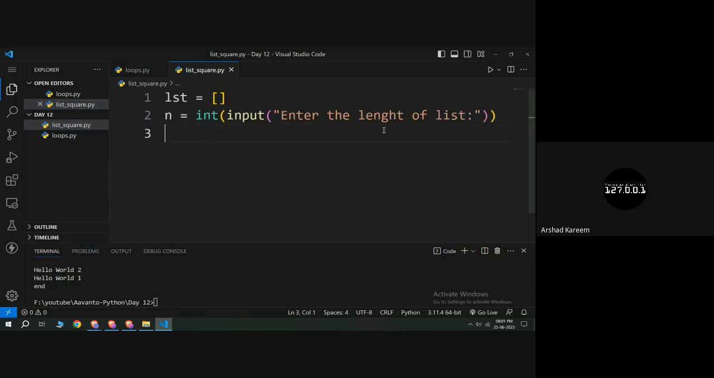We know what is meant by the length of a list, right? Length is nothing but the total number of elements present inside a list. So here our program is,